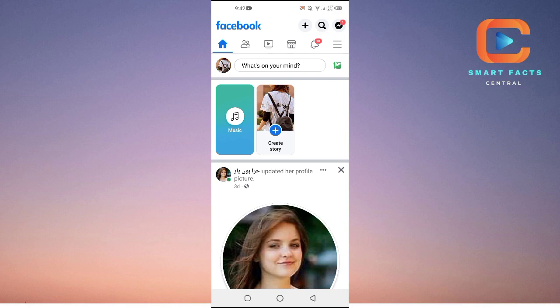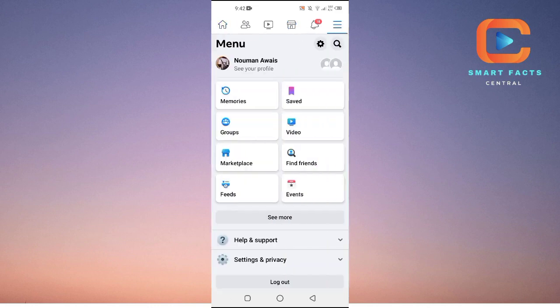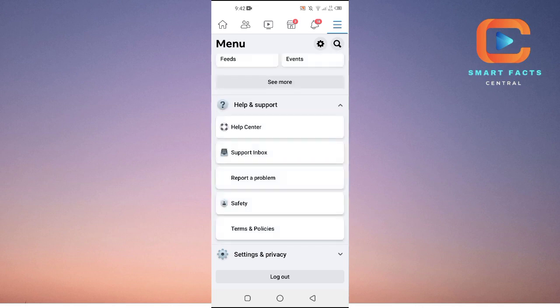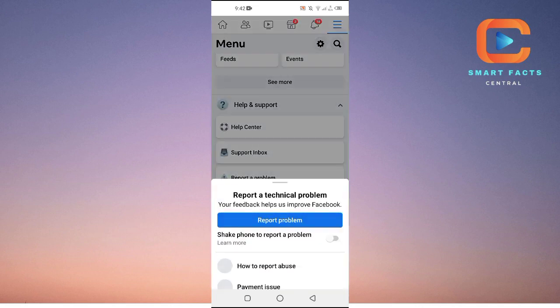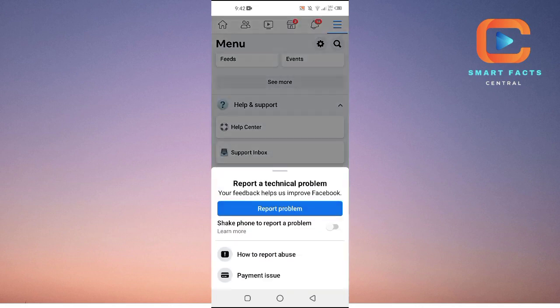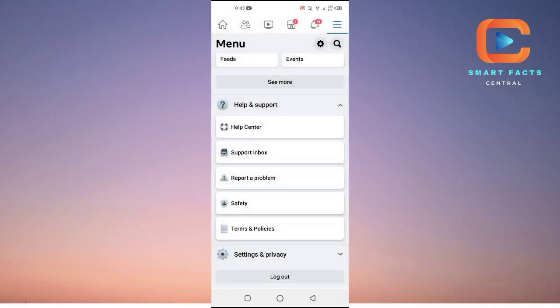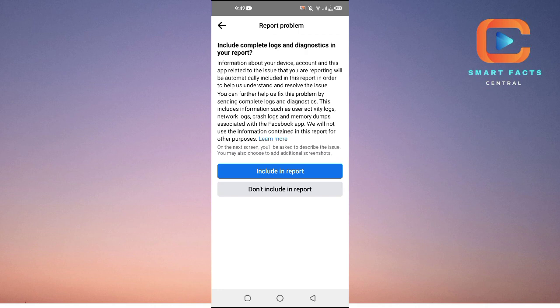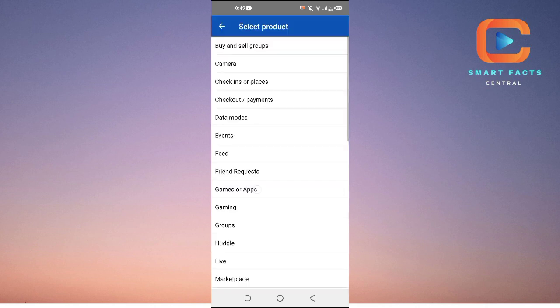after opening up your Facebook application you will tap on the three lines here at the top right, and then basically you will tap on this option where it says help and support, and then tap on report a problem here, and then tap on report a problem. Okay, and then basically it will take you to the page, and then tap on don't include in report, and